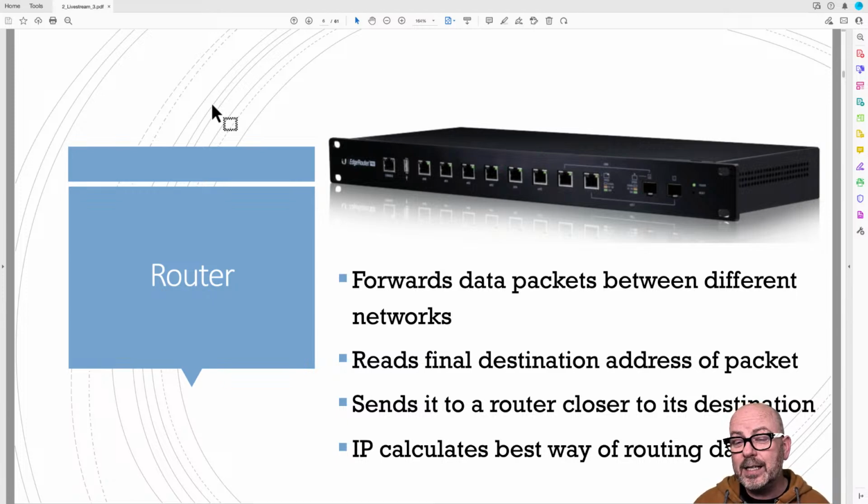It forwards data packets between networks. So for example, your local area network, which is where you've got all your stuff at home, and then the wide area network, which is the internet. And what it does is it reads the